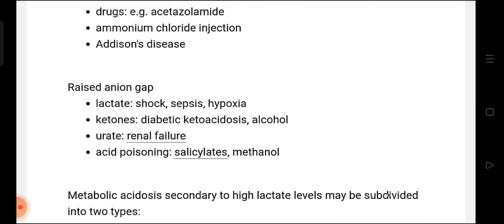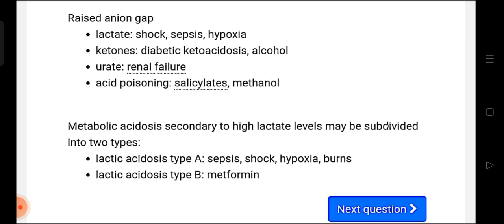While causes of raised anion gap: lactate, and this is present in sepsis, hypoxia, shock. Ketones in diabetic ketoacidosis and alcoholic ketoacidosis. Urate, such as in renal failure, and acid poisoning by salicylates and methanol. Okay, metabolic acidosis secondary to high lactate levels may be subdivided into two types: lactic acidosis